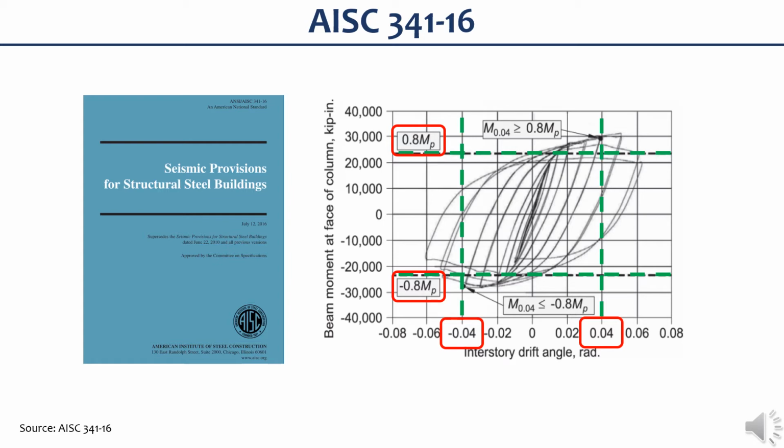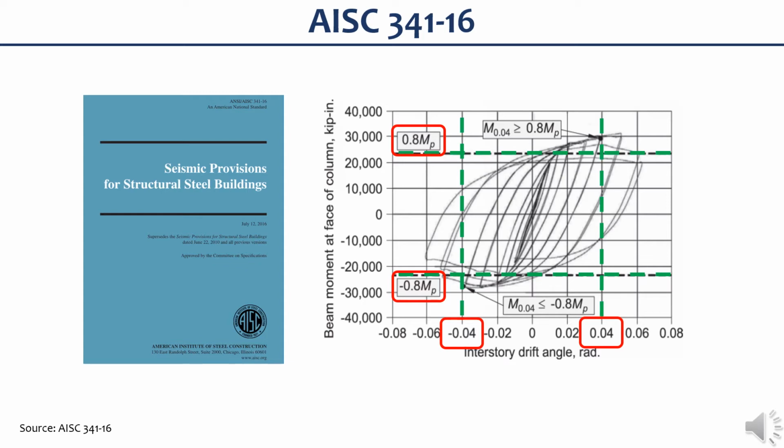Since it is more difficult to predict column panel zone deformation, AISC requires that at least 75% of the actual deformation must occur in the beam plastic hinge locations with the goal to achieve inelasticity through the plastic rotation in the beam. With that, AISC 341 adopted a performance criteria for SMF connections to develop a story drift angle of